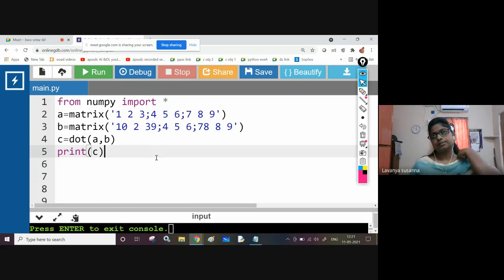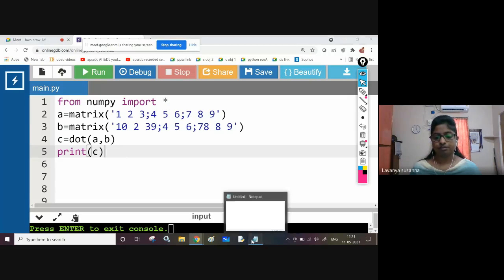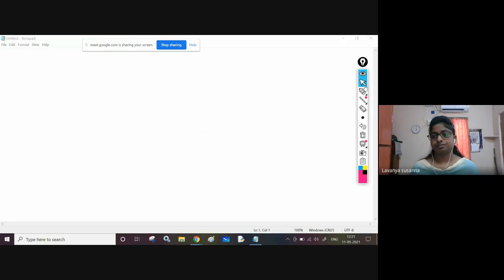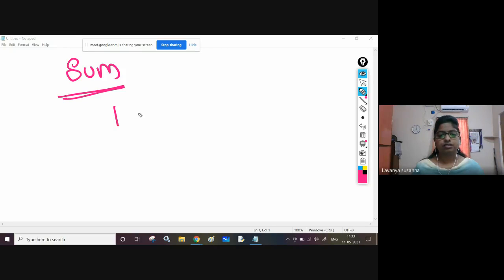Now, let us see how to find sum. Next, see here. Let us see the sum function. Now there is a matrix like 1, 2, 3, 4.